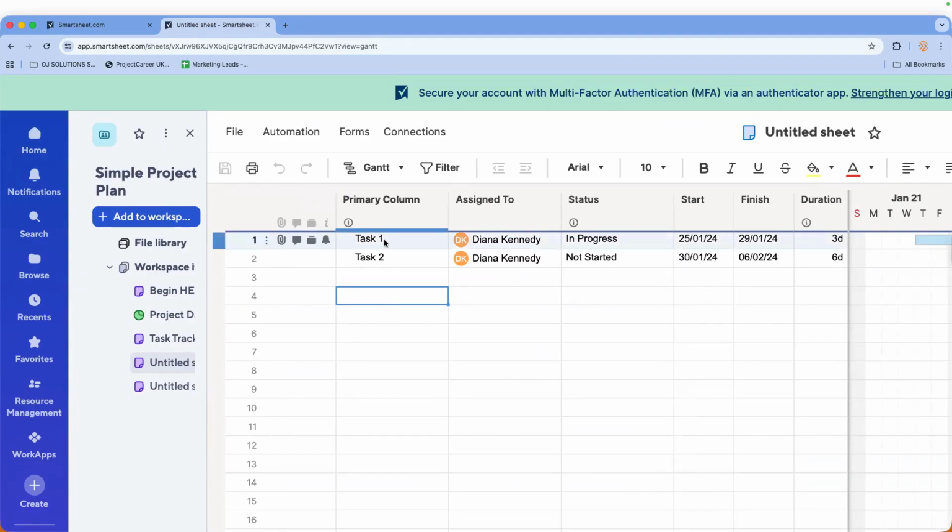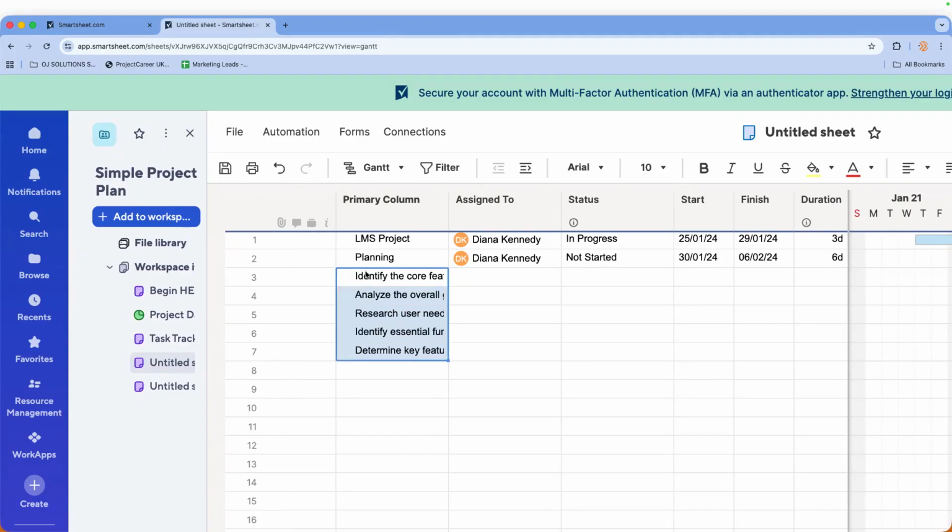Yeah. Okay. So this project is an LMS project. Let me just delete all of that. LMS projects. So to build an LMS, right? This then becomes my first phase, and that is planning, right? And then I'll show you this, but you guys will do this yourself. And then I can take my activities inside planning. In this case, normally, obviously, you wouldn't be doing copying and pasting. You would have to do this from scratch. I've given you the information, but you would have to run around, do the legwork, and get all of this into a plan. So I'll pop that there.